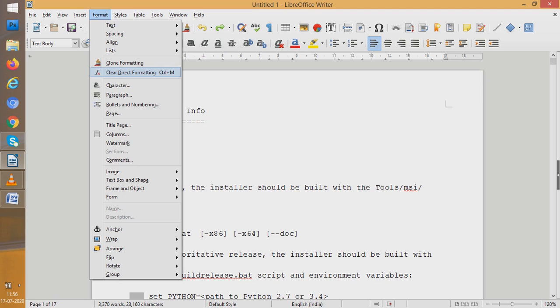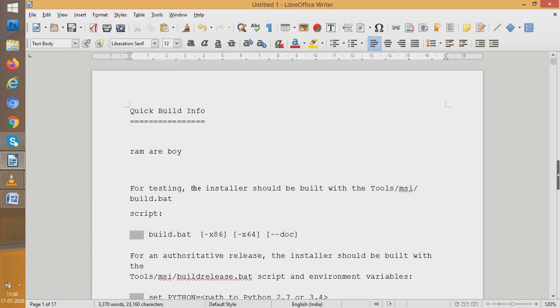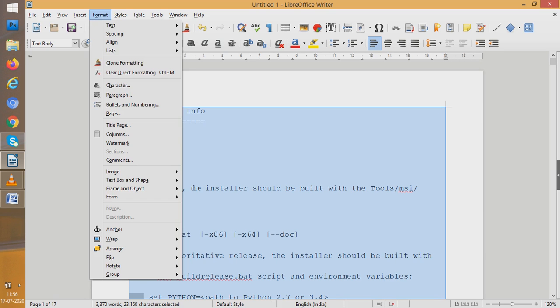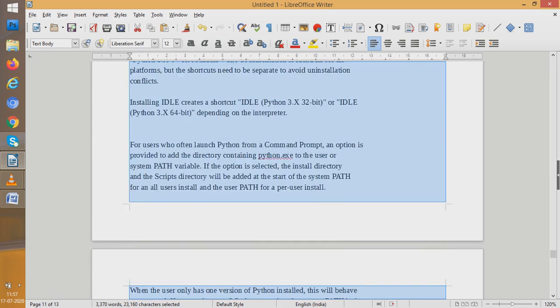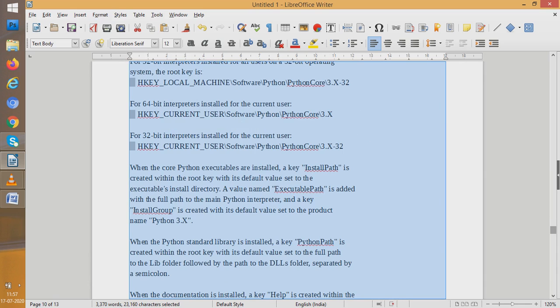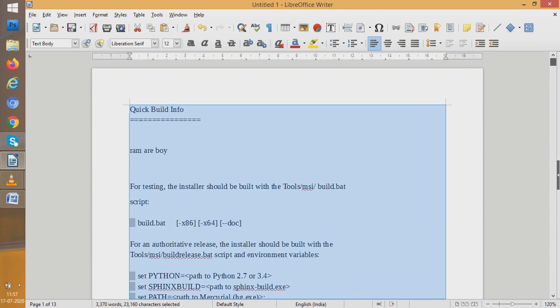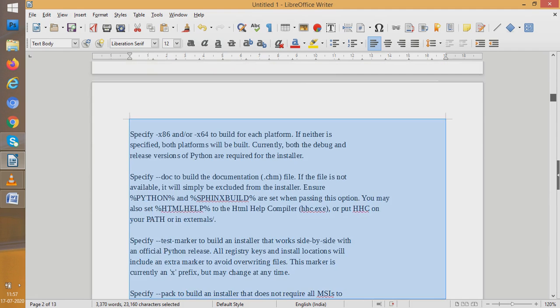I want to clear it out. So if I press clear, see, something happened there. See, the word is now different from all other words, because the formatting that was also copied for the word the is now undone. Suppose I want to clear the formatting for the whole given thing. So select everything, and from format go for clear direct formatting. See, everything now has a different format. So it is unformatted now. The whole document is unformatted, and you can format it according to your own wish.